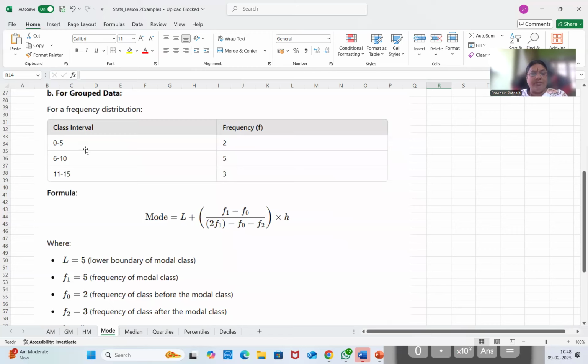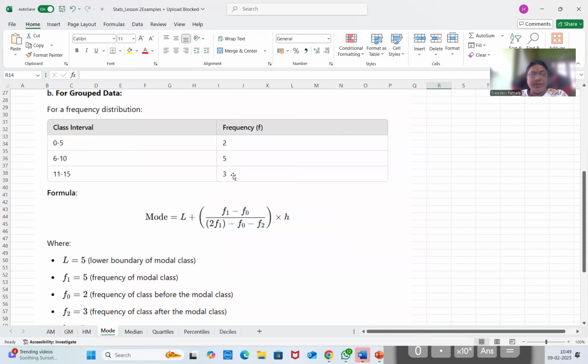So 0 to 5. So 5 is your lower boundary of model class. 0 to 5 means you should take 5, not 0. Earlier, by mistake, I told 0, I think, in the previous conversation. So take the 5 value as lower boundary class. And next comes the